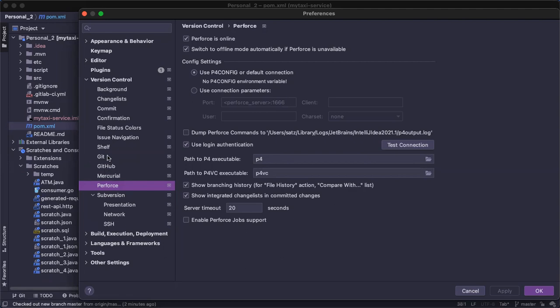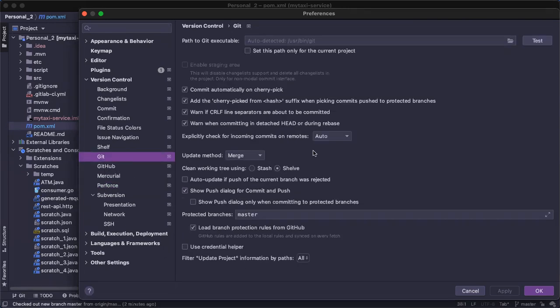Fine. Here, I used to mention whenever we are raising a merge request or a pull request, I hope you guys remember, I used to mention merge strategy and rebase strategy. GitLab and GitHub use a merge strategy. Bitbucket uses a rebase strategy. This is a default feature of Git. In IntelliJ, we have an option to customize that. For example, in my current project, if I want to use a rebase strategy, I can use rebase. If I want to use a merge strategy, I can use merge.